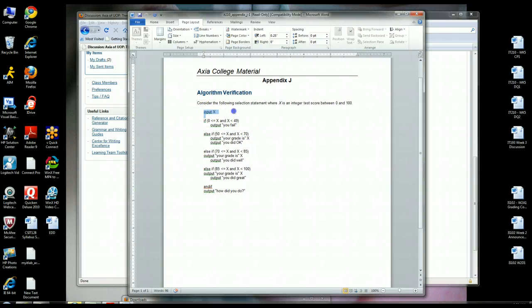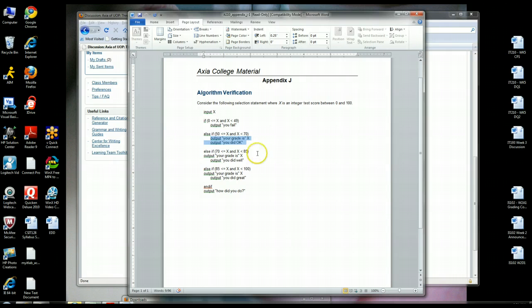But basically, the user inputs a value called x, and this is not the best pseudocode in the world because they don't tell you how x was declared. We're going to assume it's an integer. So x is an integer that the user inputs, and it looks at x with a bunch of conditional logic here, and using this conditional logic, it outputs or displays certain